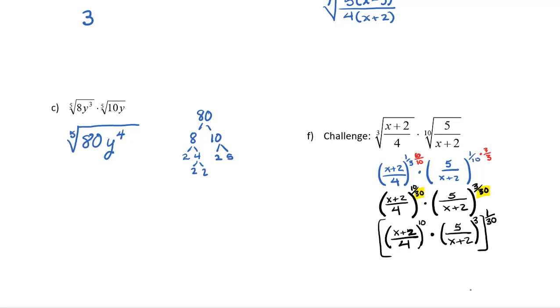I can then write this as the 30th root of x plus 2 to the 10th over 4 to the 10th times 5 to the 3rd over x plus 2 to the 3rd. And notice that the x plus 2's can divide out in 3 sets, and you'll be left with x plus 2 to the 7th in the numerator, and the denominator will divide out